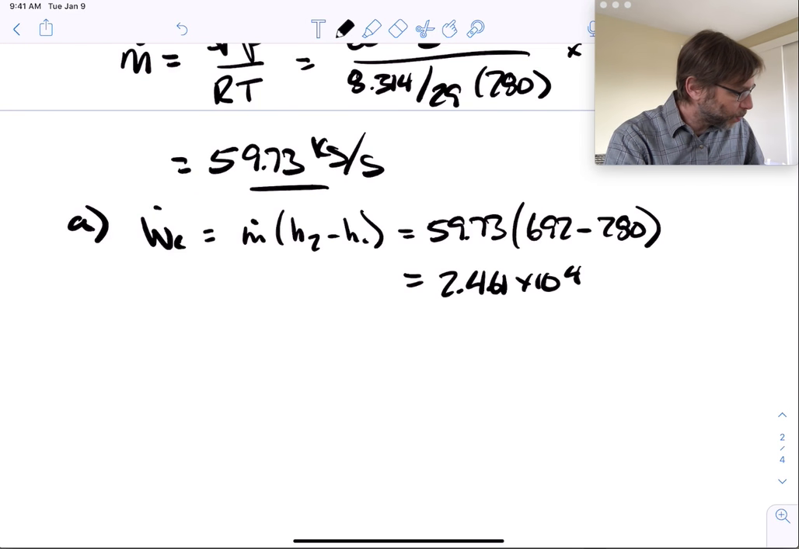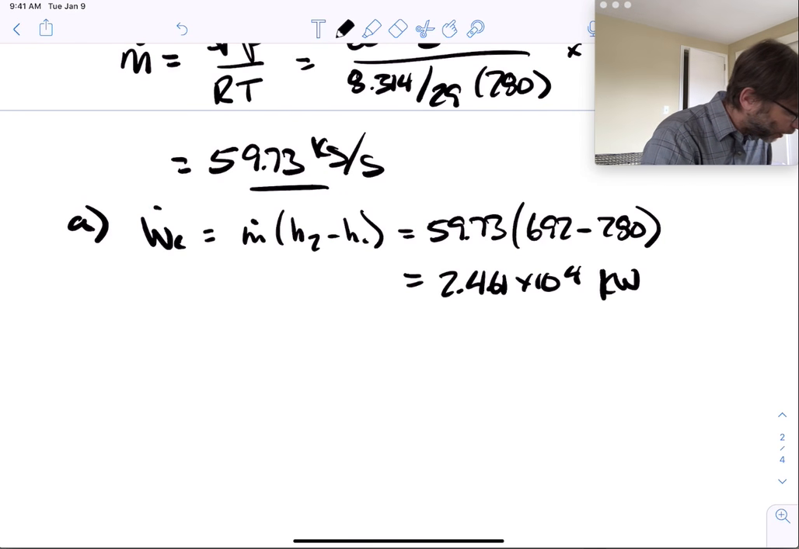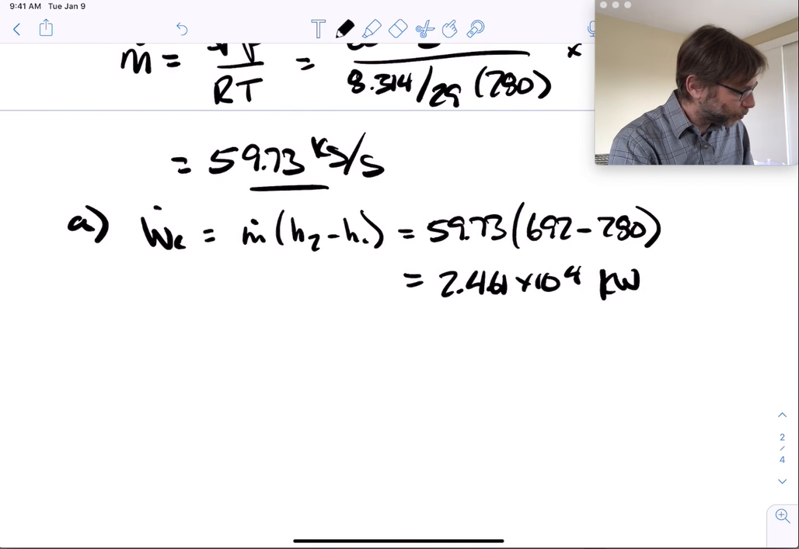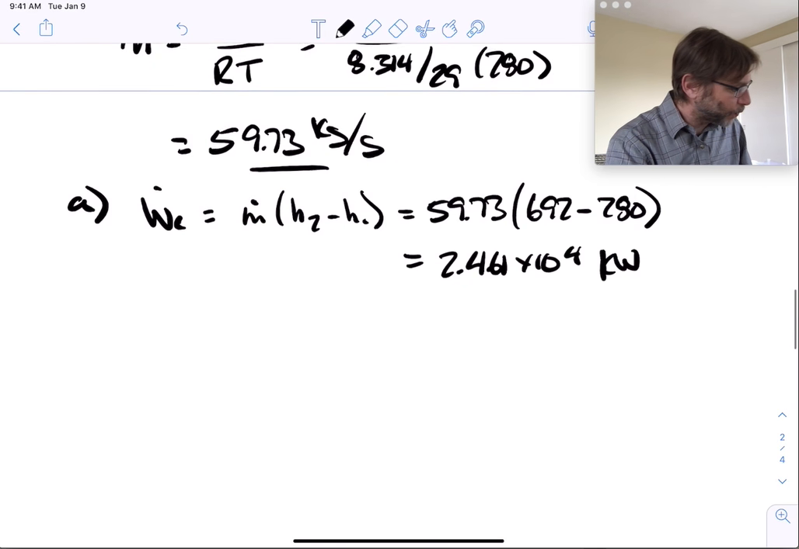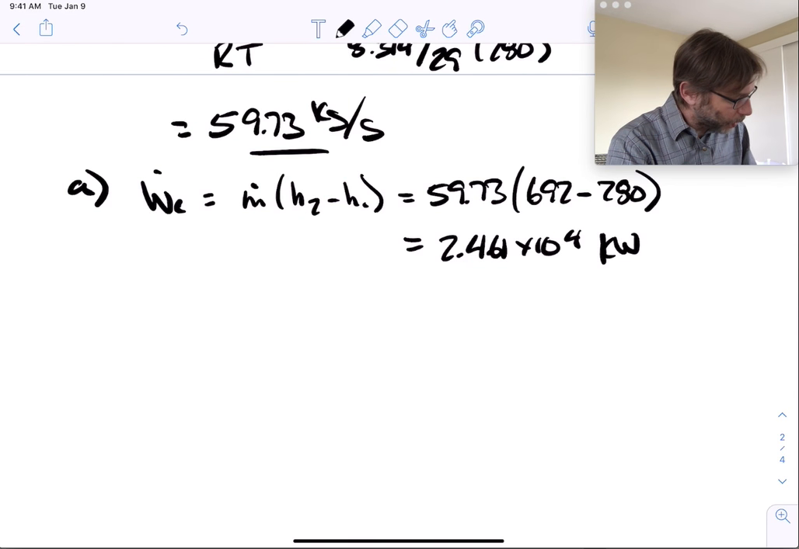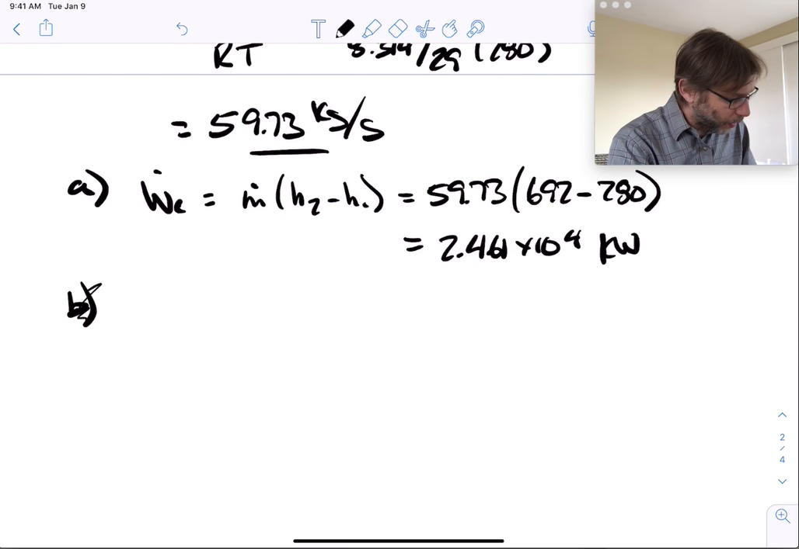Woo, that's a pretty powerful turbine. Kilowatts. Really powerful, right? Yeah, that's a mega turbine. So that's 24 megawatts. Okay, so B, 24 megawatt turbine. That's a big turbine. Okay, well, no, we're not at B, because we need to find the net work. So let's find